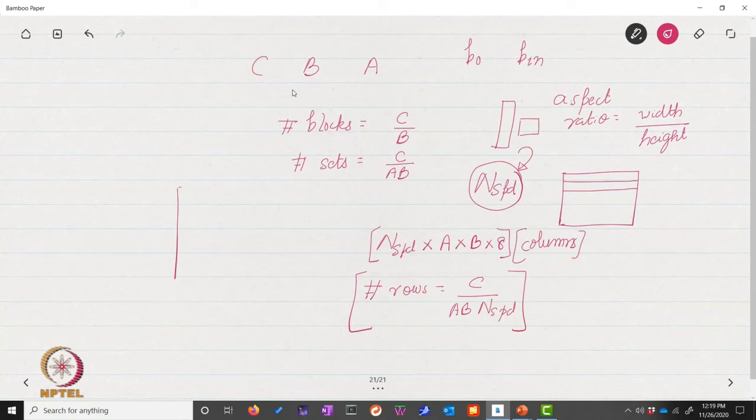Once we know this, then what we will have is a large array where we know the number of rows and the number of columns. But the problem with such large arrays is that they are very slow to access. Why are they slow to access? Bit lines are very long, word lines are very long. So the signal propagation time on the bit and word lines is very high. If there are many rows, the decoder needs to be very big. With many columns, the column mux demux has to be very big.